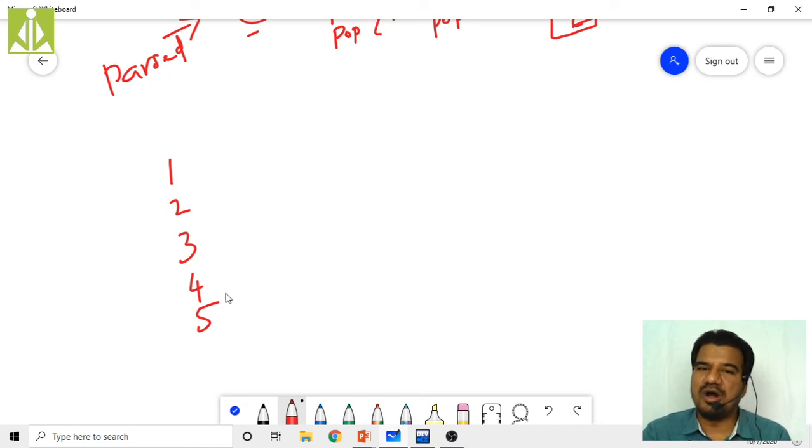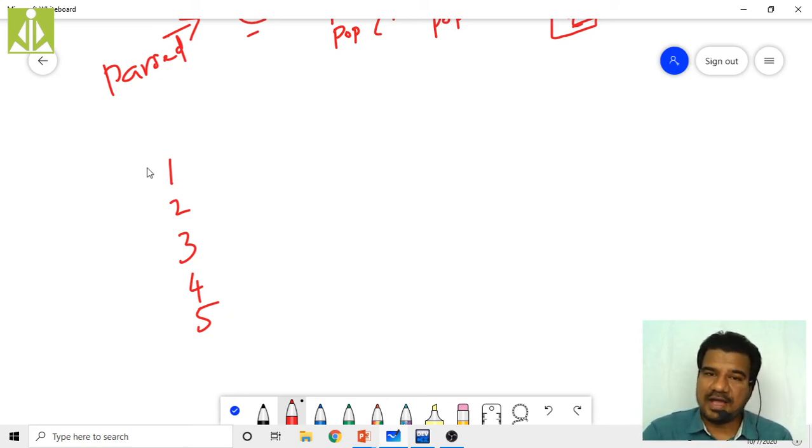Similar to how we push and pop elements from the stack. In order to make your undo and redo features functional, your operating system will make use of a stack only, and it will record all my actions by pushing all those actions onto the stack. So that is the reason why when I am doing undo, it is popping actions one by one in reverse order. So I have written 5 lastly.